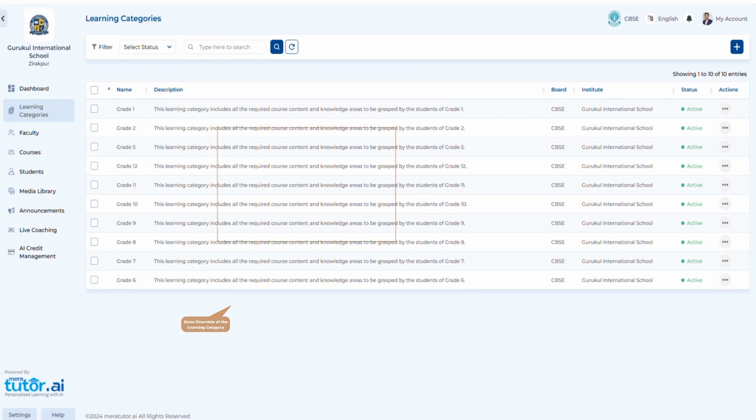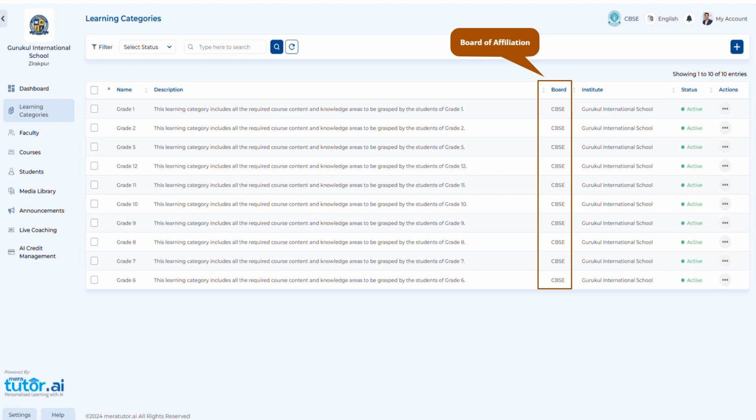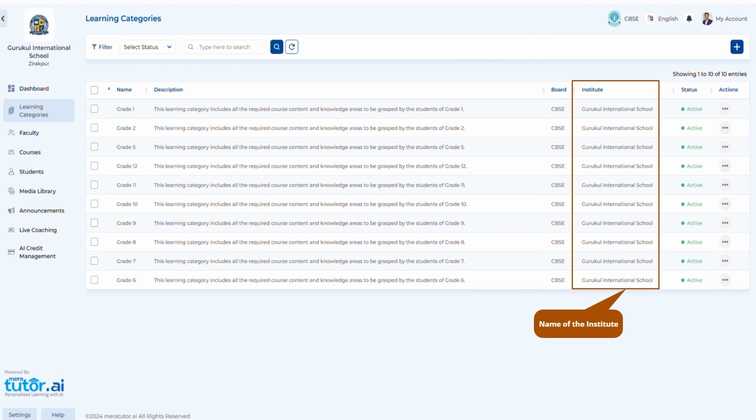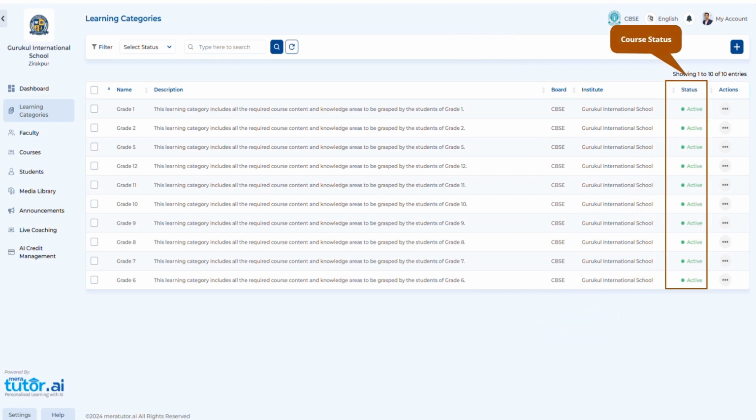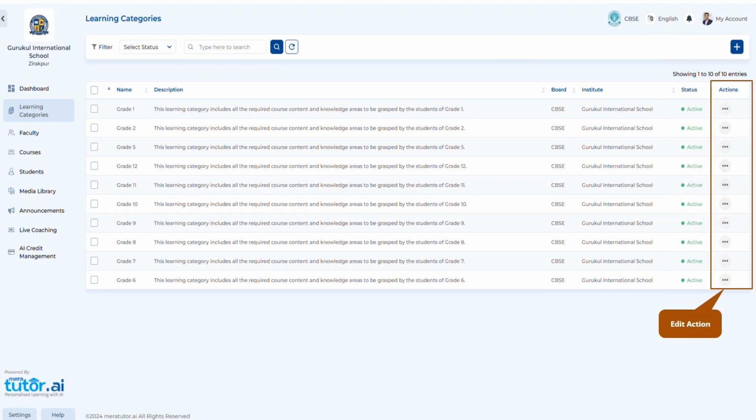Next column is Board, which shows the board of affiliation for that learning category. Next to Board is Institute name. The Status column shows whether the particular learning category is active or inactive. Last is the Action tab, which has the Edit option for all the learning categories where you can make any